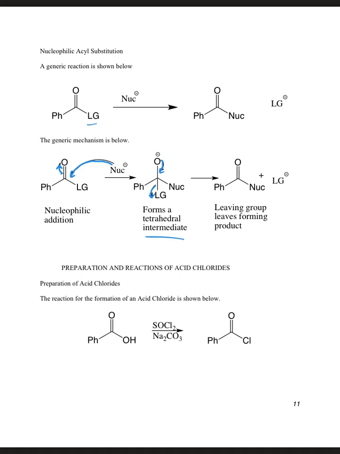So the only good way we can do it is reacting it with thionyl chloride and sodium carbonate, or another weak base like sodium carbonate, to scavenge all the HCl that's formed in the reaction. But the reaction is shown here, and on the next page I do believe we have